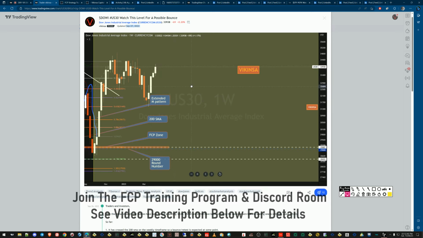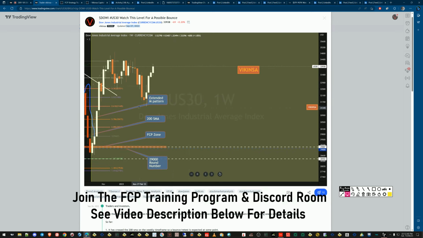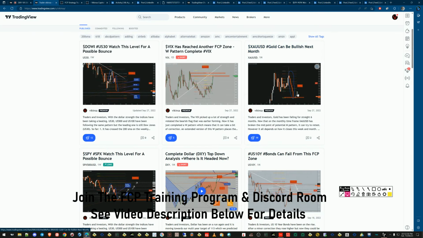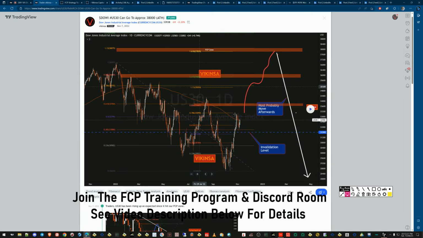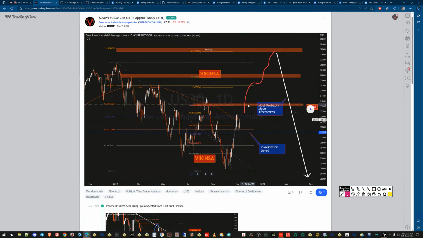Now it is going back up, and in our Discord room, we have been tracking this particular bounce as well. We have been bullish from this particular bounce as well, and this can continue to go even higher. Why is that? Because it can actually follow, let me show you which one is it. Yeah, this one. Okay, so this is what we can expect. The market can actually go to these areas. One is around 33,750. This was already given on number 7. Market has already reached that.